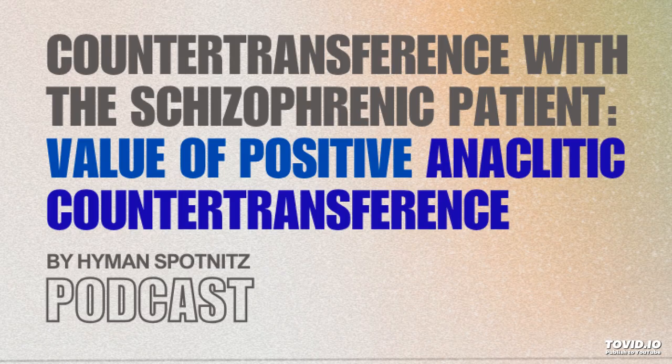So the stability the analyst provided just by enduring was starting to have an effect. And for the analyst, how did their internal experience change? The analyst's corresponding positive narcissistic countertransference clearly eased the burden quite dramatically. Their internal feelings shifted to things like, I feel adequate, comfortable, and significantly, I feel I am at ease. Okay, so that sounds like progress, a solid working relationship maybe. But Spotnitz describes this final stage, these transcendental feelings, which signal the real breakthrough, the moment the analyst genuinely generates that missing anaclitic love. Yes, the transcendental phase.